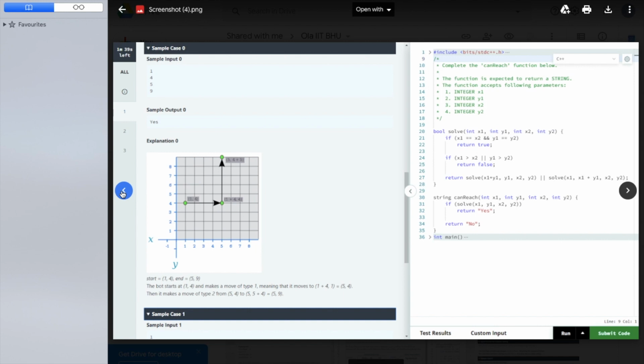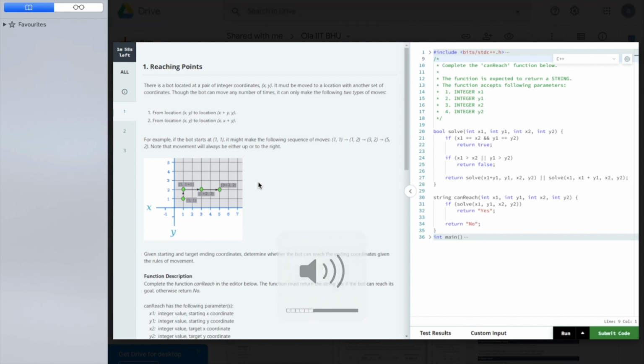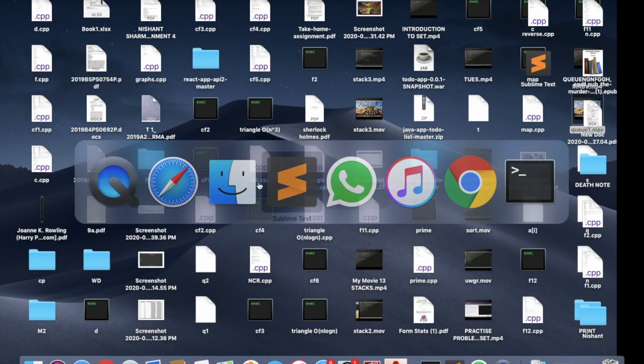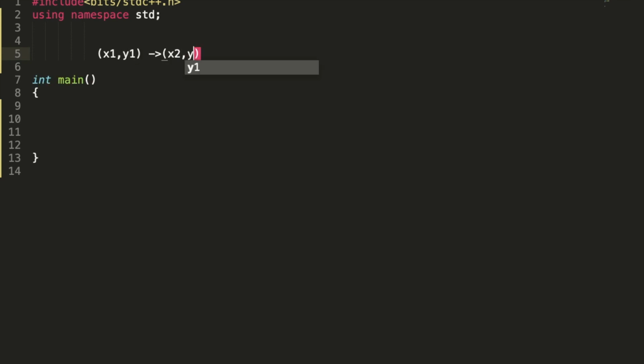Okay, so for this we are using a queue, and I am going to write the code for this. We are going to take a queue and a visited array. I'm going to write the constraint here again. I hope the question is quite clear. We are given x1 comma y1, and we have to reach x2 comma y2, and we have to tell whether it is true or false, whether it is possible to reach from x1 comma y1 to x2 comma y2.